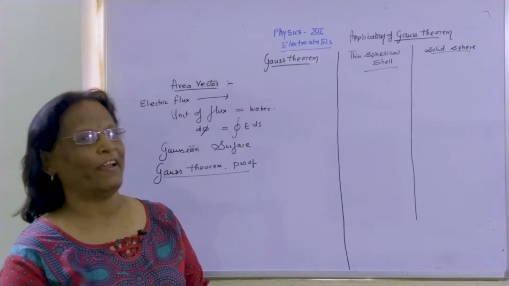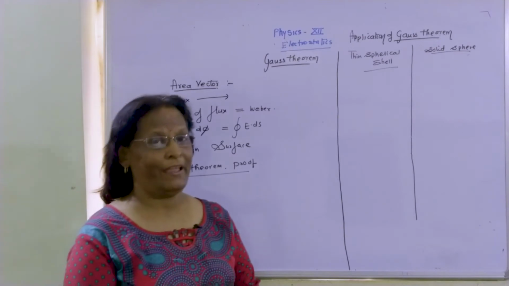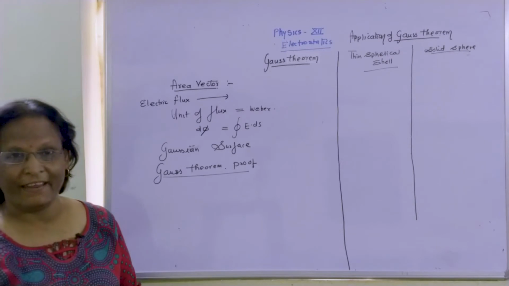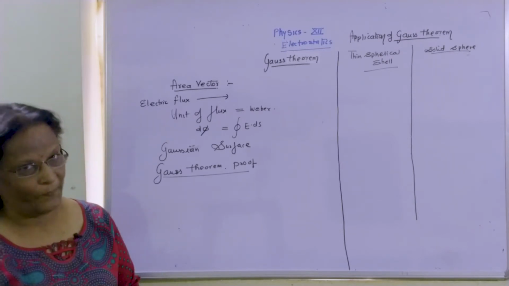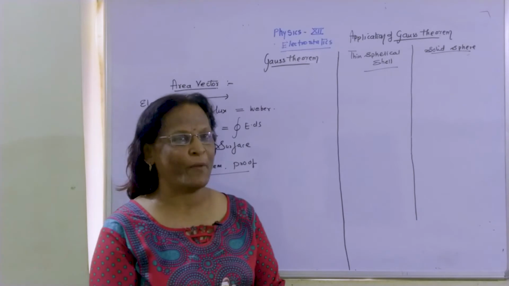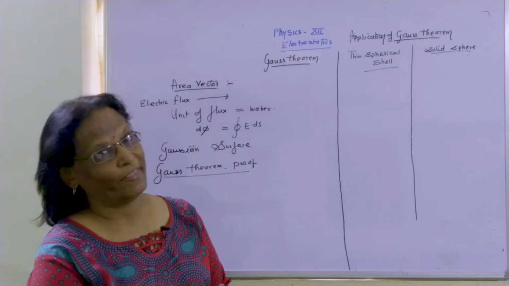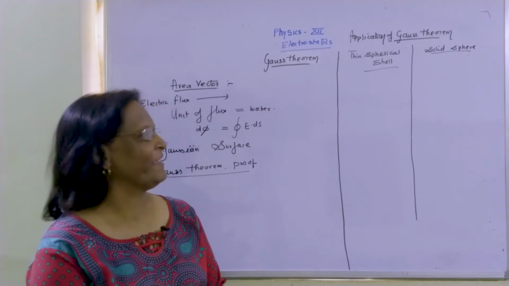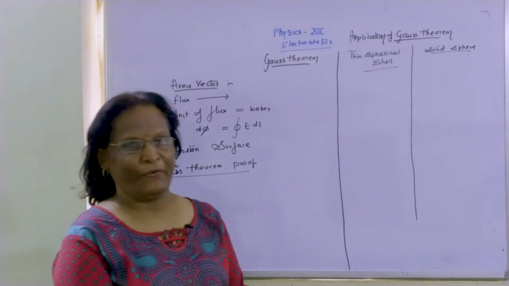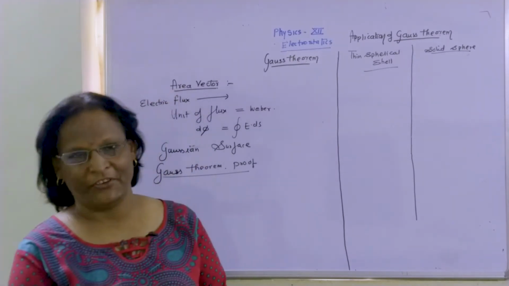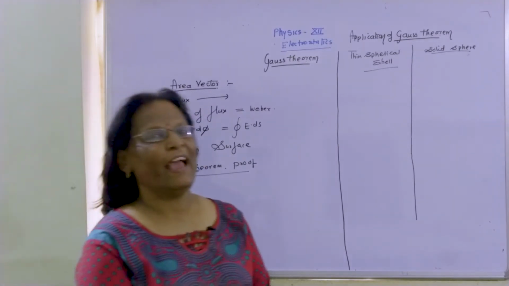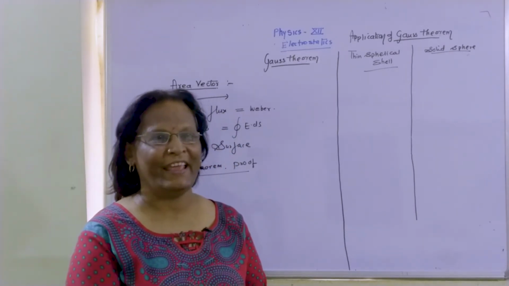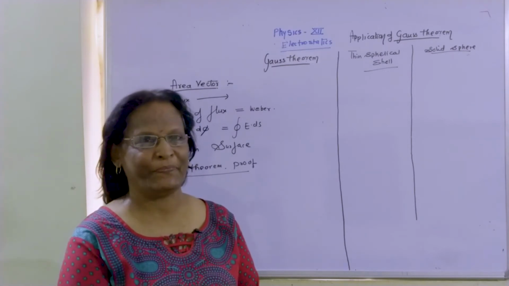Area vector. Up till now, we have thought that area is a scalar quantity. How can we say that area is a vector quantity? Yes, that may be a brainstorming question in your brain, and for that I will give you a simple conceptual answer. This area will be having a flow of electric field, and electric field has a particular direction.